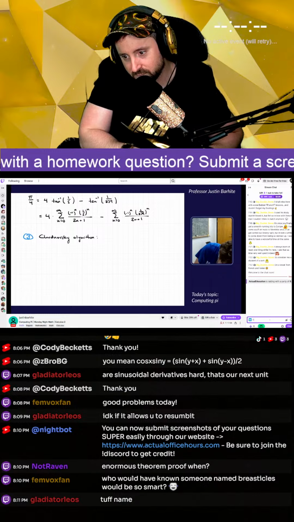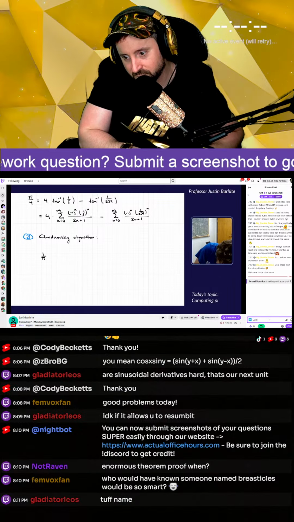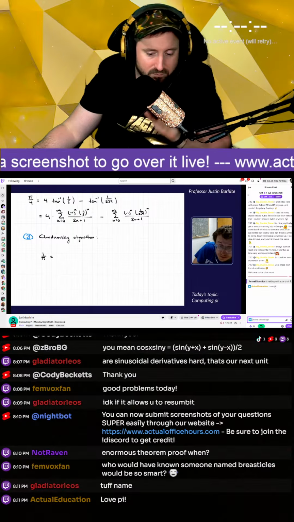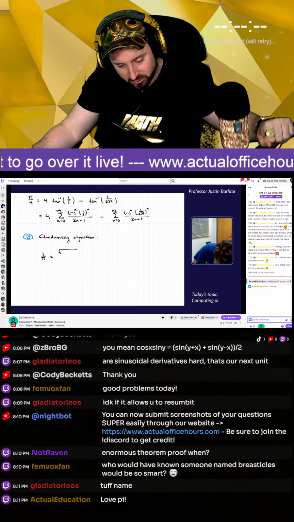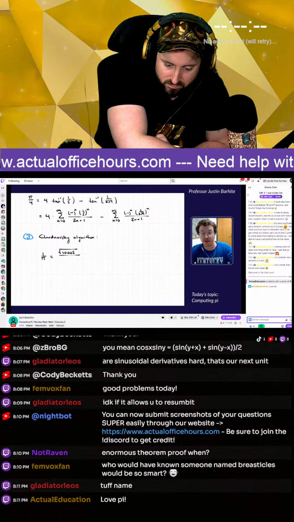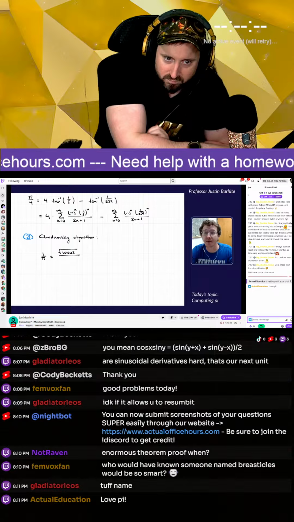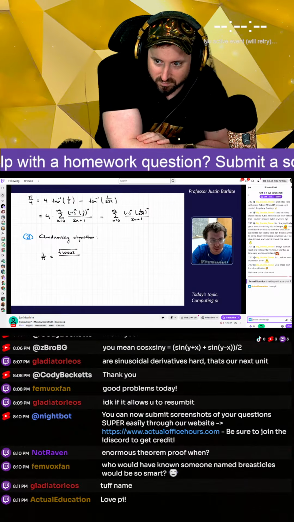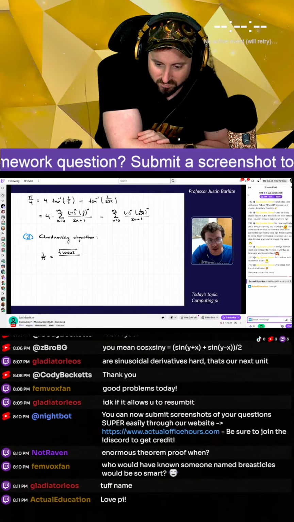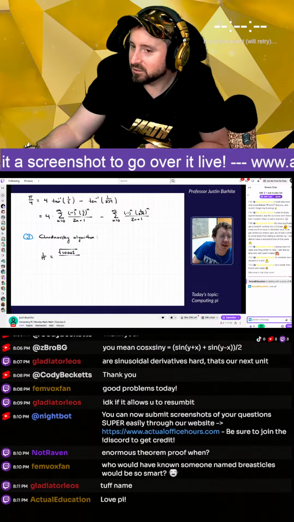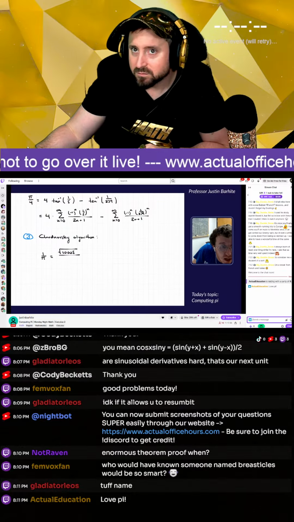And the formula is 1 over pi equals the square root of 10,005. I'm going to have to reference my computer here. Definitely do not know this formula off the top of my head. 1 over 10,005 times